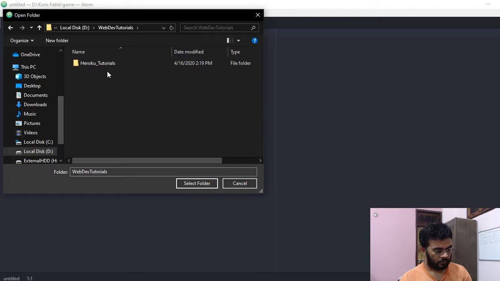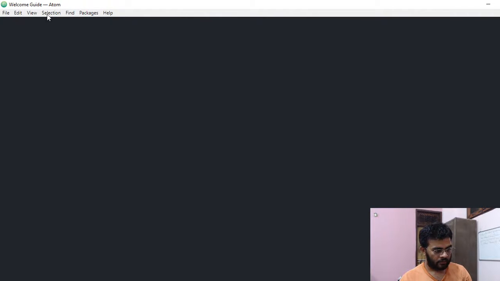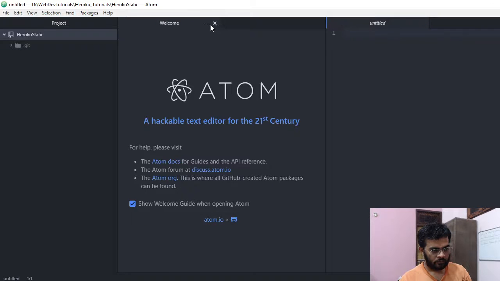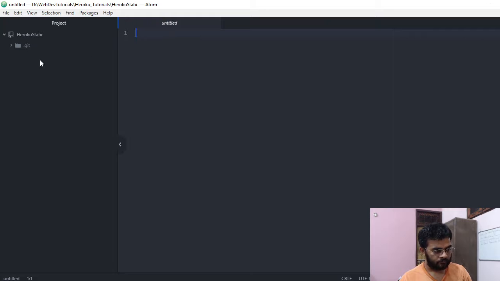Web dev tutorials, Heroku static. So I will select this folder. Now this folder is open in my Atom. It has a .git folder which has all the information about your repository. We don't need it. We are just concerned with Heroku static folder.